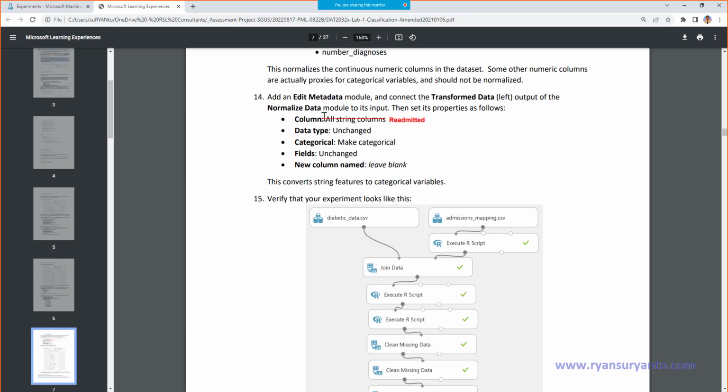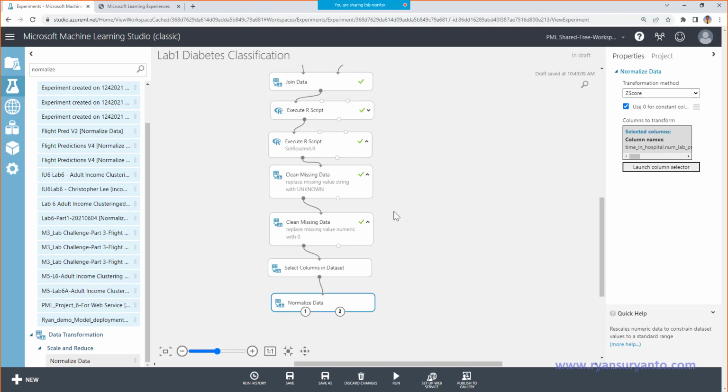Actually this one also can. We try both later. Either all string or readmitted, because categorical should be all string. I'm not sure why last time I changed this, but let's see the output later. Okay, edit metadata.